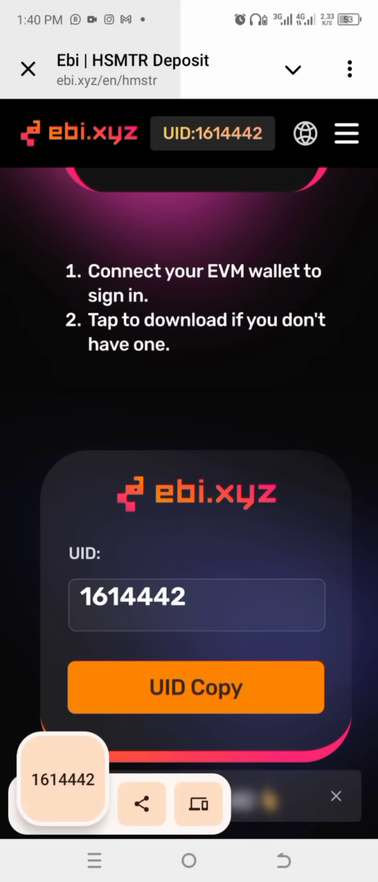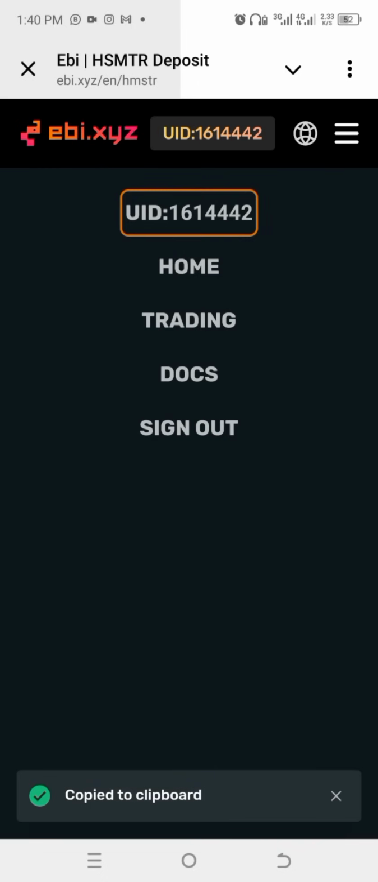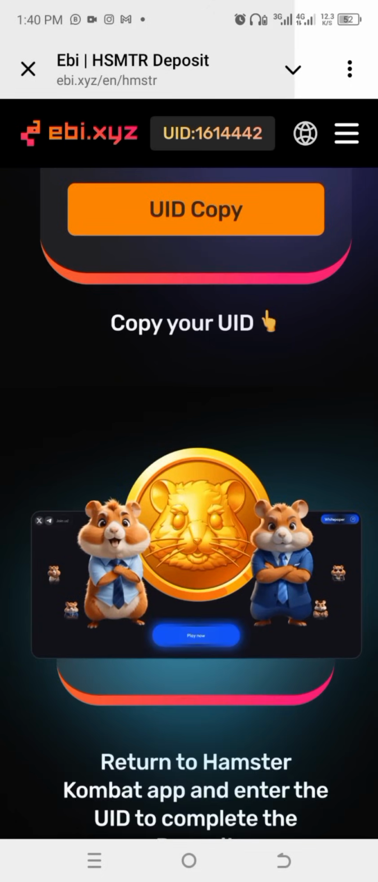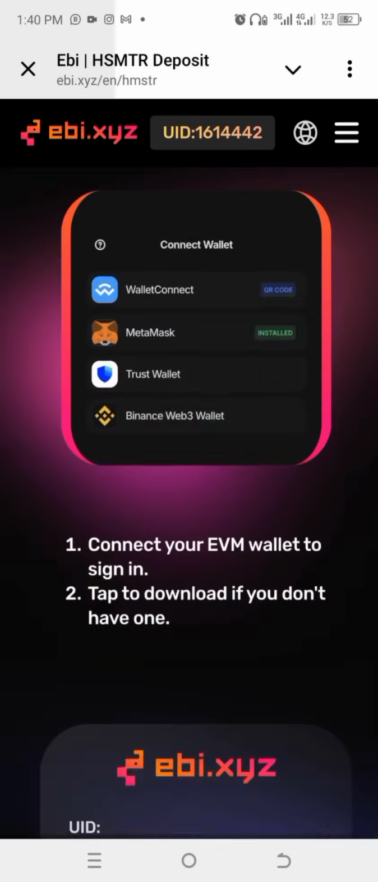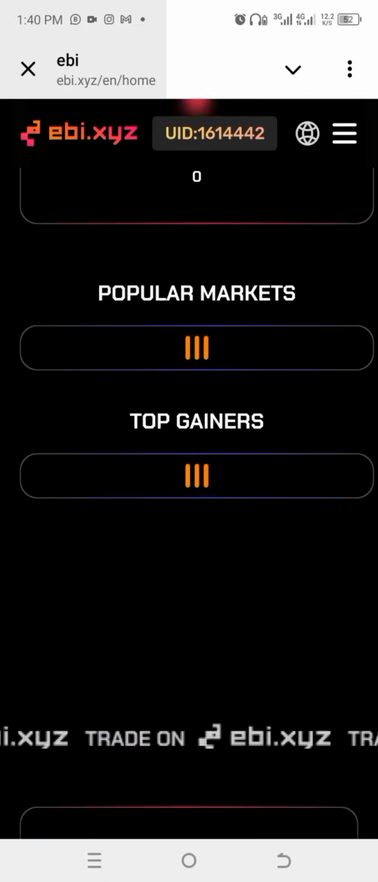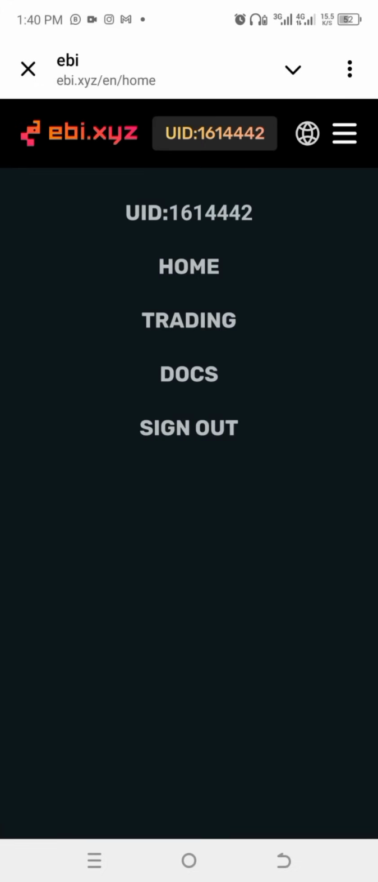You can see that. Okay, this is home. This is the UUID copy. Previously, it wasn't even like this. You just had to go to one platform and everything was a little bit confusing. But now I think they've gotten to know that people are really concerned about what to use as ID. So you can see my UUID is 1614442. So now that I've copied that, I go back,